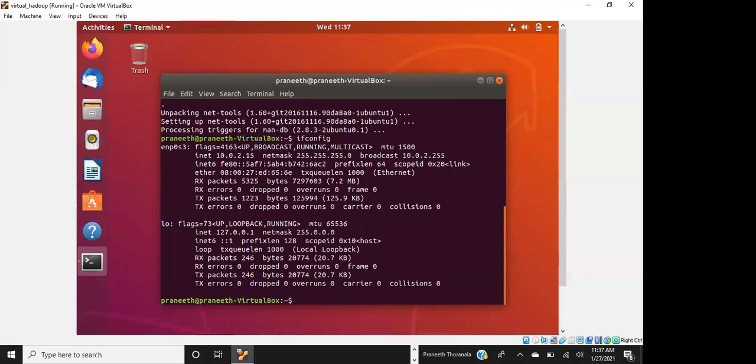Okay, so basically it gives you 10.0.2.15, which is one of the IP addresses, and the local one is basically 127.0.0.1.